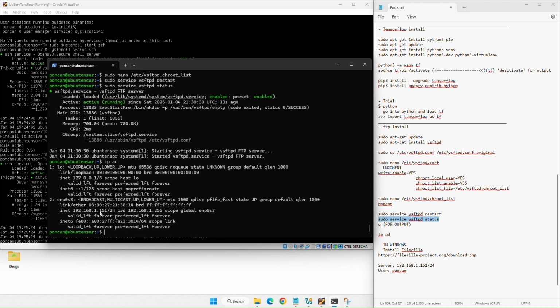We need to install the FileZilla program in Windows. We already have it installed.